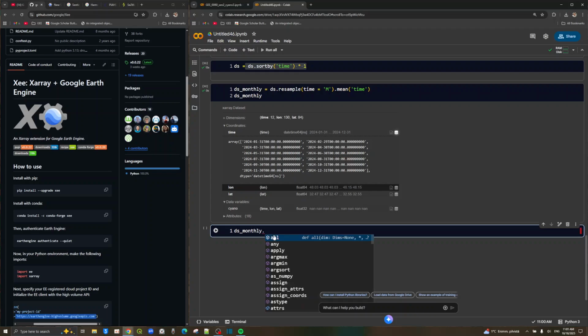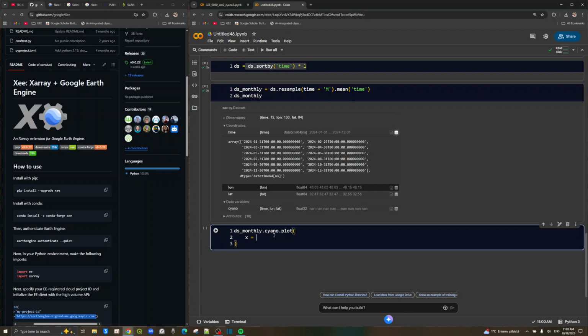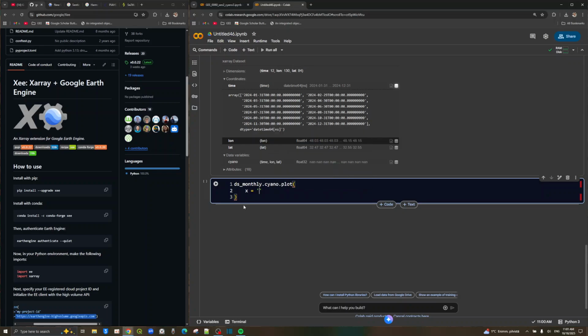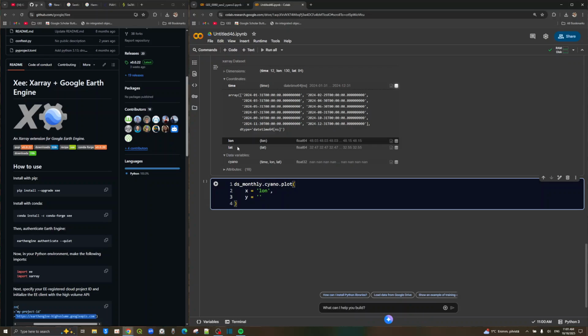Select the variable that is cyano and make a plot. The plot has different axes. The x-axis sets to the longitude dimension, as you can see. So the y-axis sets to the